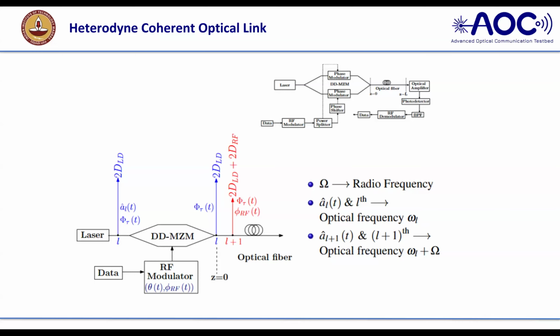You are getting single sideband. You are getting L at the center, and L+1, the first sideband. You are getting the laser phase noise at L, and at the first sideband you have the laser phase noise and RF phase noise. Now it moves to the optical fiber. So what will happen is the frequency at L and the frequency at L+1, right? They move with a different